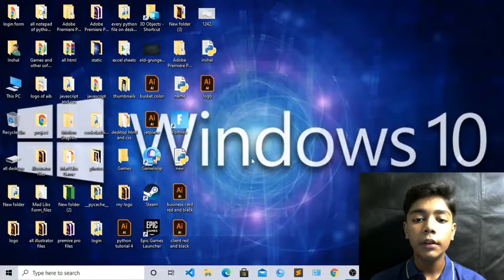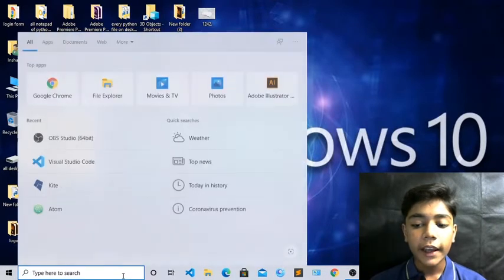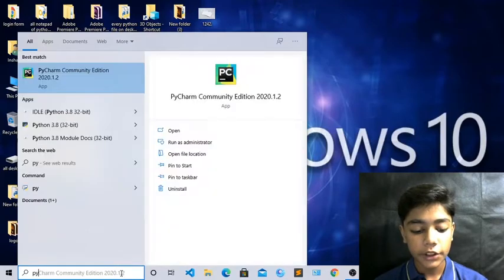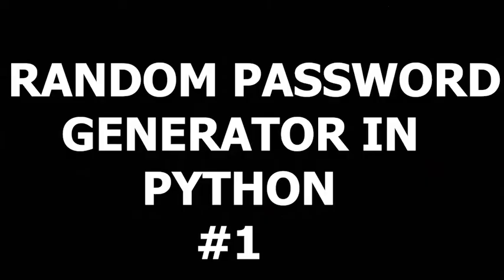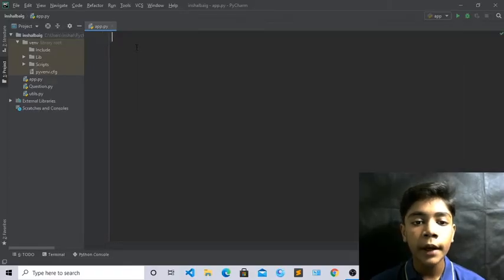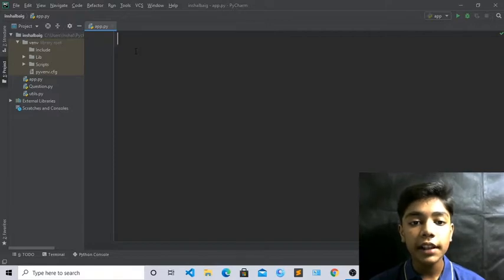So now we will start with our topics. First of all, we will open our text editor. Like in the previous class we worked with PyCharm. You can see this text editor. In the previous class we worked with this text editor. I hope you remember, but now we will not work with this text editor. We will work with our new text editor, which is Atom.